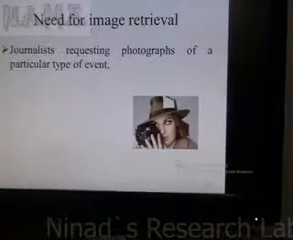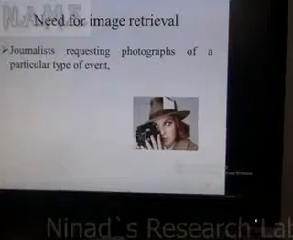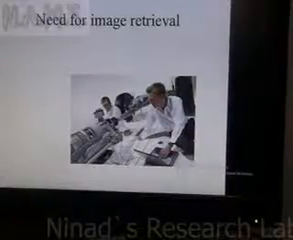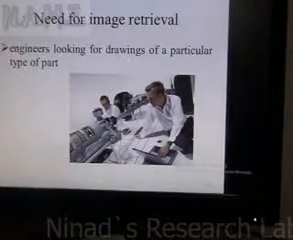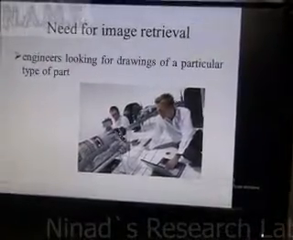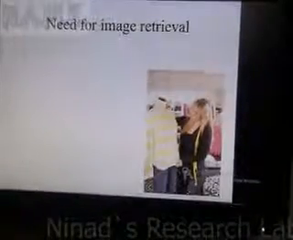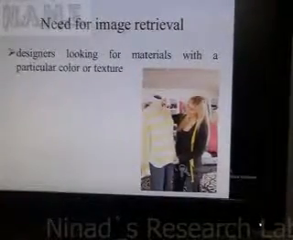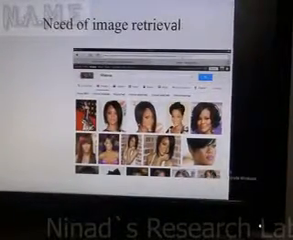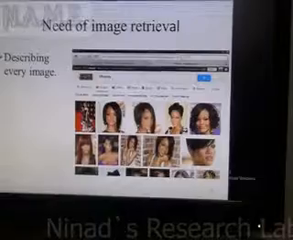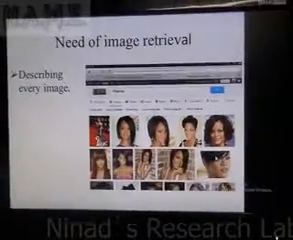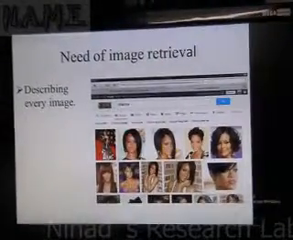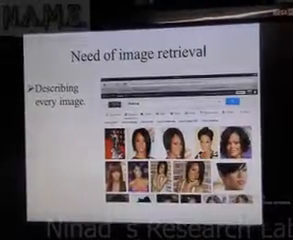Now, the need for image retrieval: it could be a journalist who requires a photograph for a particular event on a particular date. It could be the engineering part, where we require to fit or draw particular types. It could be a fashion designer who is looking for a particular texture or color, and many more. Here we can see the problem of describing each and every image. Now in Google there is a huge database already created, and they are linking Facebook tags, so that if you type Rihanna, all the images you receive will have the Rihanna tag. But